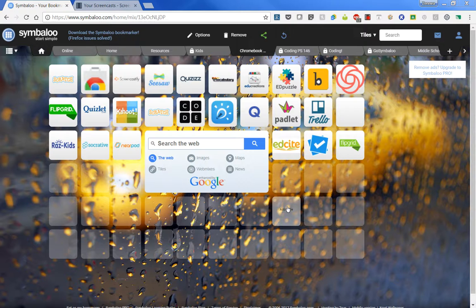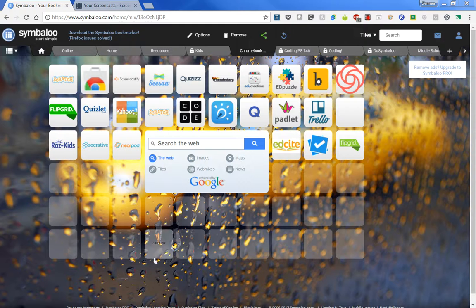You can share it either publicly with everybody who's on Symbaloo, or you can share it privately with friends or students. And so I generally share them privately. If you make a really good one you're proud of, you can share it publicly because you can kind of grab a whole web mix if you want. But basically, it allows you to put all of your different bookmarks here, and then you can put them together